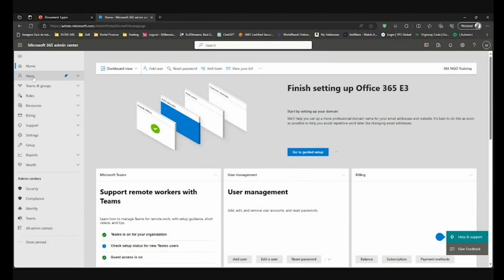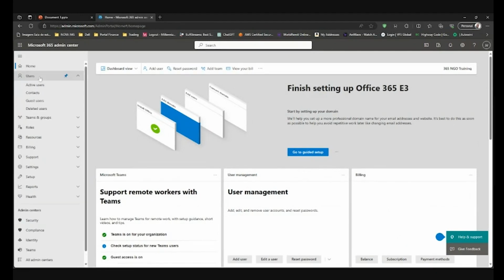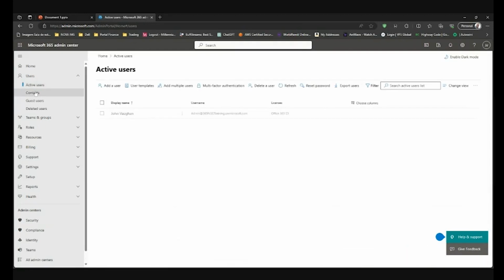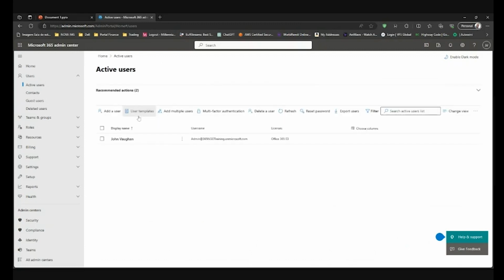The next tab here is the user tab. If you click on it and do a drop down, you would see the options: active users, contacts, guest users, deleted users. Now, because this is a new organization that we just created, the only user account that would be available there is my user account, which is the one that I put in when I was setting up